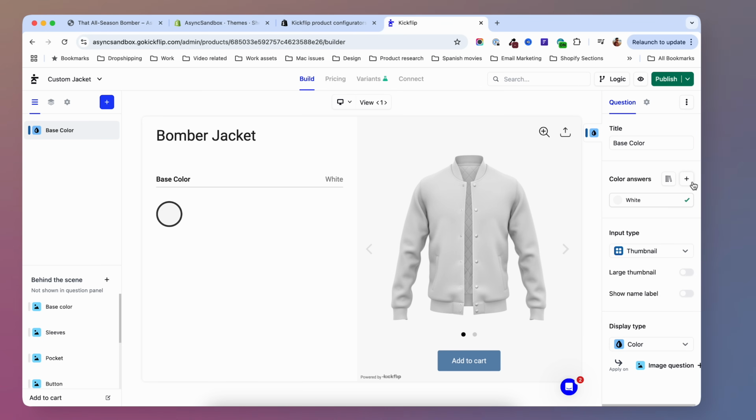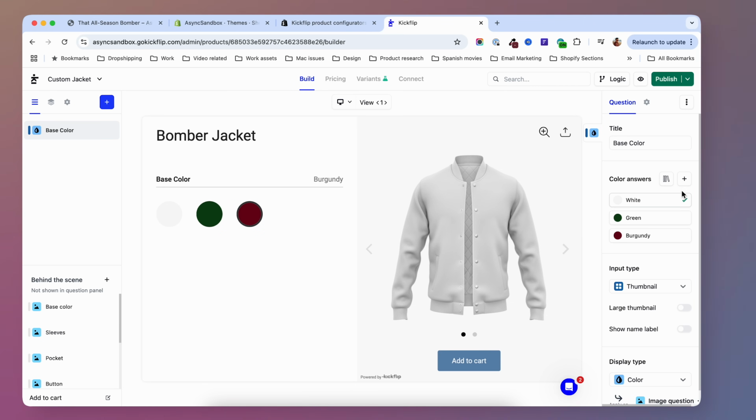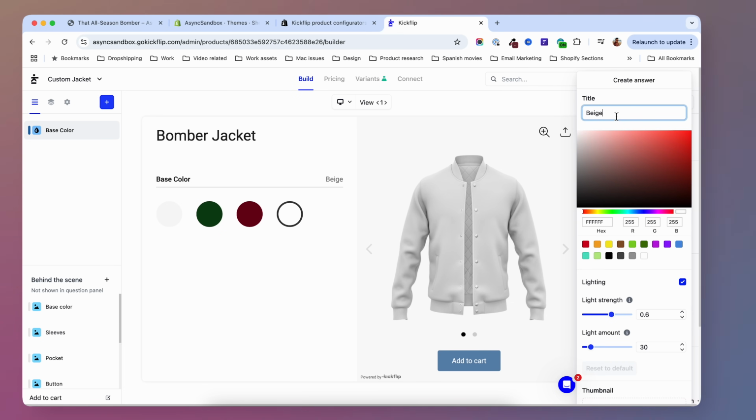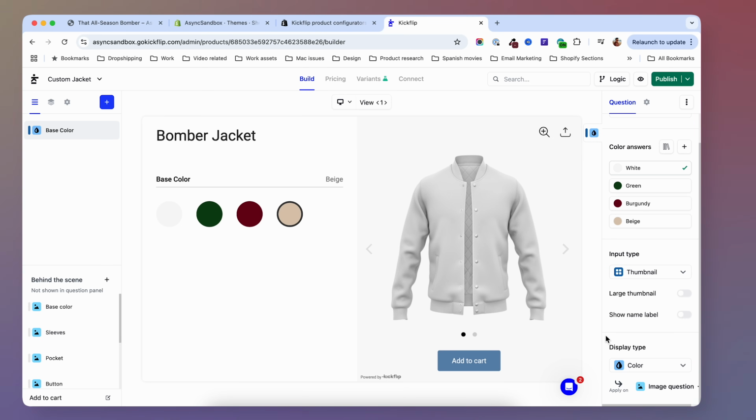Then I'm going to add another one that I'm going to name green, and I'm going to paste the hex code here. But if you want, you can drag this around and you can find the right shade for you. And then I'm going to add one more. I'm going to name this beige, and I'm going to add the hex code in there. Of course, you can add much more colors if you support those colors on your product. And in order for them to actually work and change the base color of this product, you will have to go down below here in display type and apply on and click on this image question,